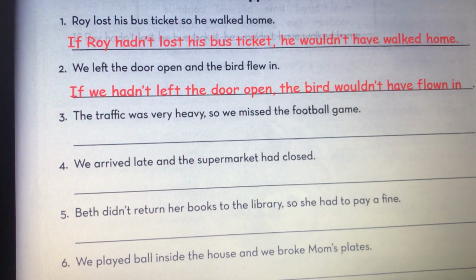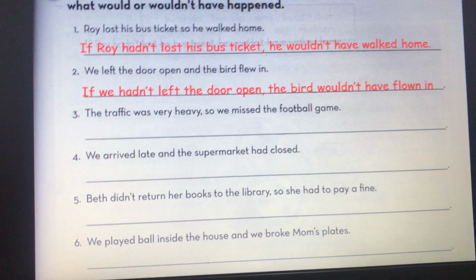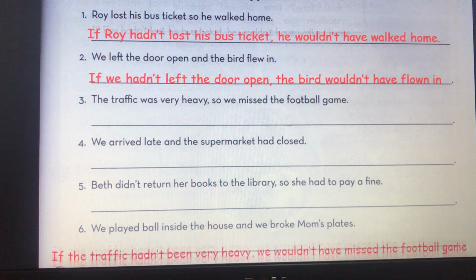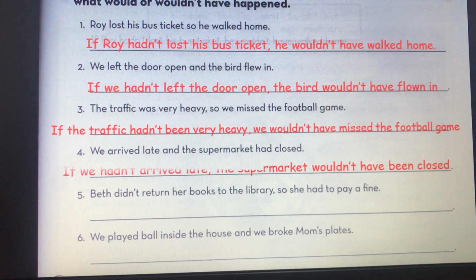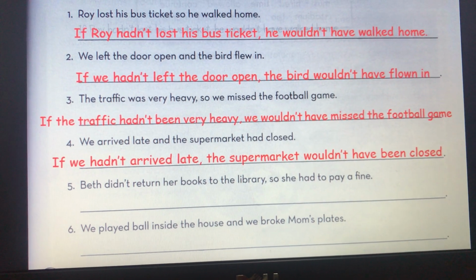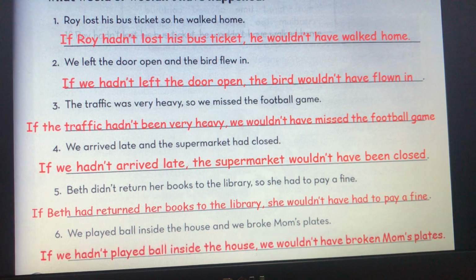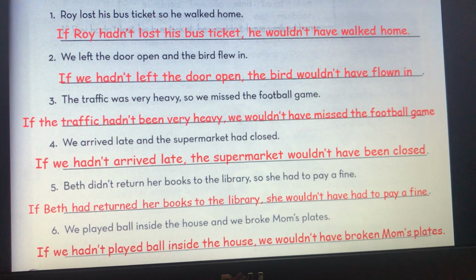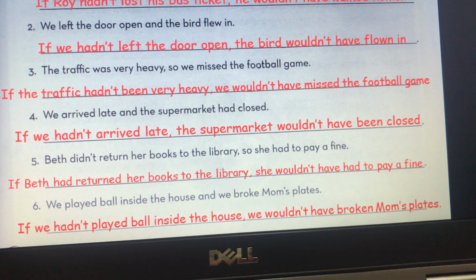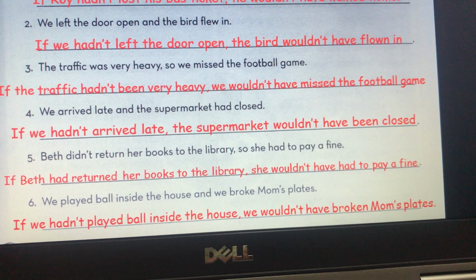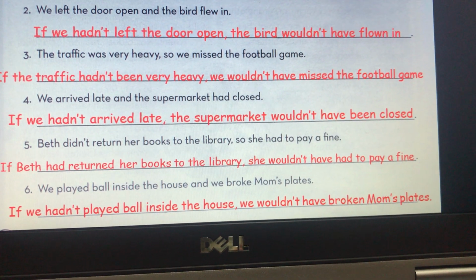You can do the other sentences like this. Look at the last one. If we hadn't played ball inside the house, we wouldn't have broken Mom's plates.